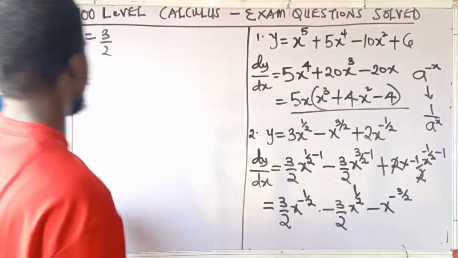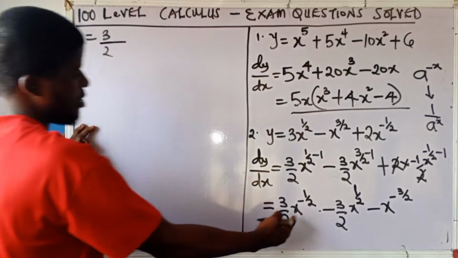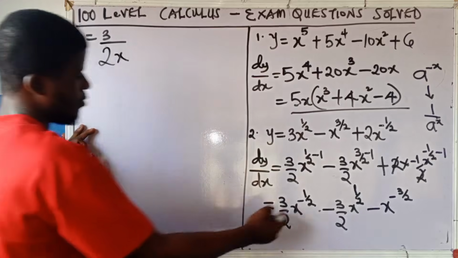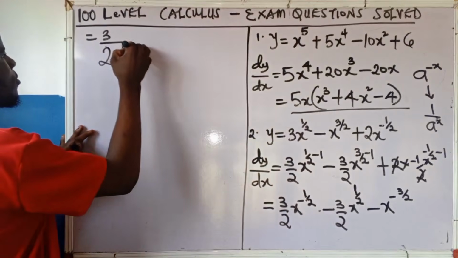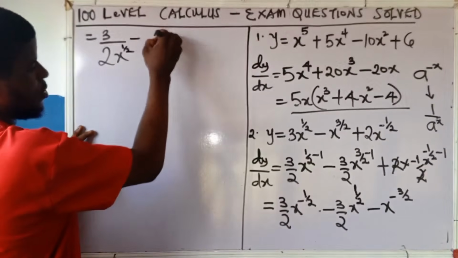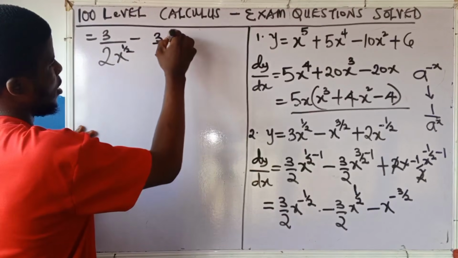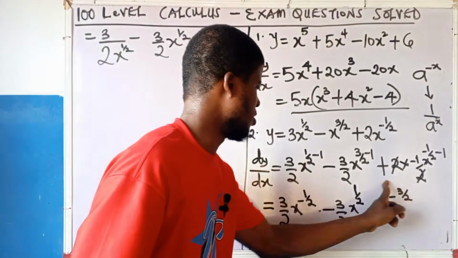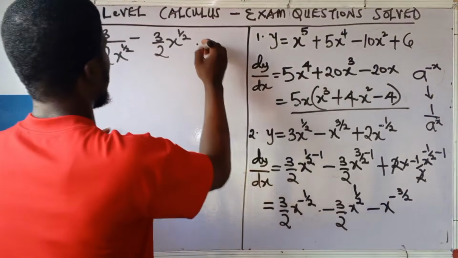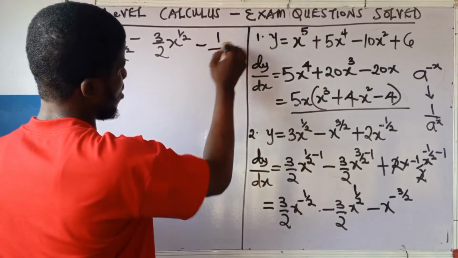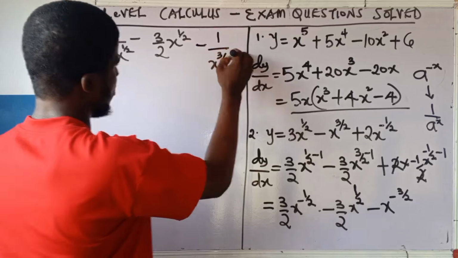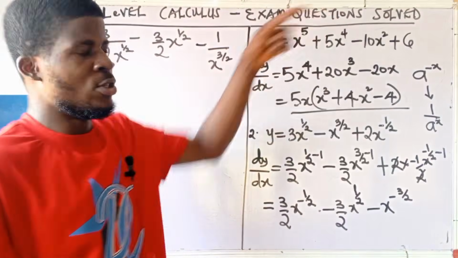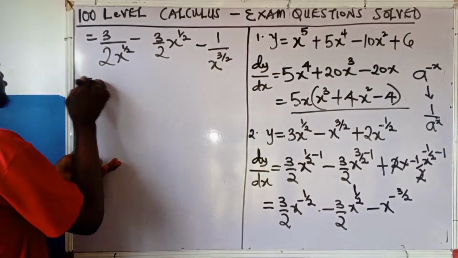So what this means is 3 all over 2 times the x raised to the power of 1 over 2 minus, we have 3 over 2, okay, x raised to the power 1 over 2. Then for this, to eliminate this minus, I'll take the inverse, 1 over x raised to the power 3 over 2. In the indices, based on what I showed you just now, the law of indices will allow me to